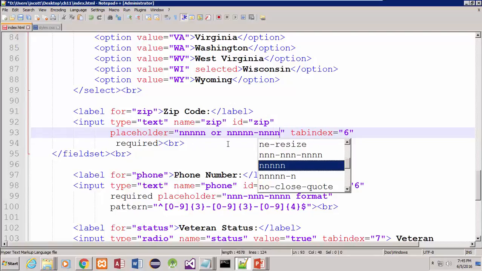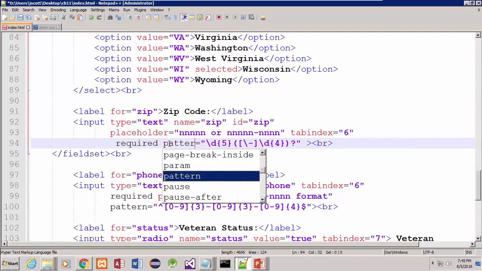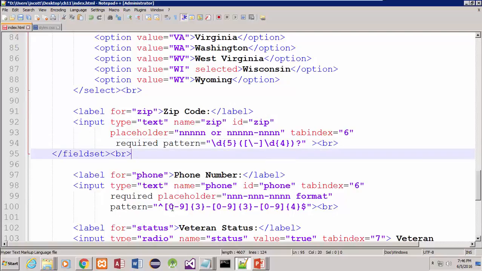And again, I'm going to come in here and I'm going to put in a pattern. Now, this is going to say that pattern equals. Now, this is a little different than the other one. This \D means digit. So this means 5 digits. In the parentheses here, this means optional, followed by an optional hyphen and 4 digits. So this, instead of doing it like this, I could have put \D here, or here, or here. I'm going to leave it the way it is, just so you can see that there's 2 ways of doing it. All right, so I'm going to save this, come back again,